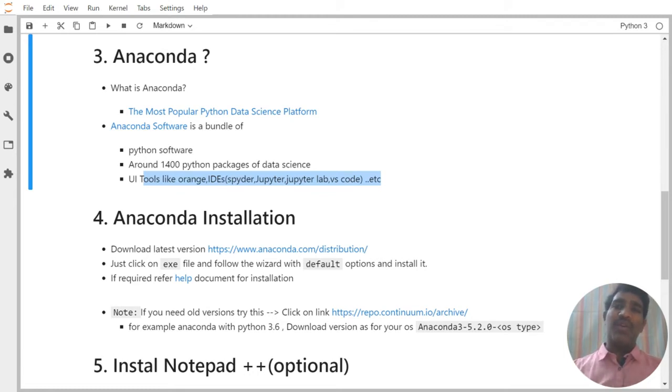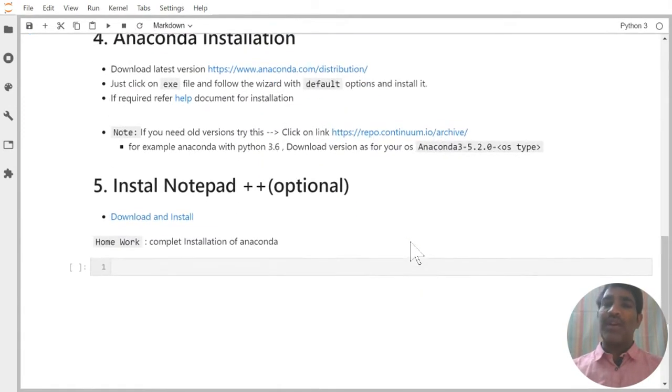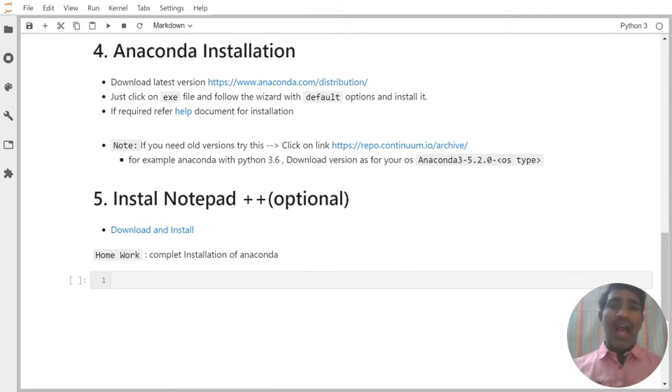Now tell me what you like. Will you go for the Python direct installation, or will you go with Anaconda with Python installation? Anaconda with Python installation, we will go. Let us try to see how to do this Anaconda installation. Anaconda is a very good guy, so they have given installation steps very clearly in their documentation.